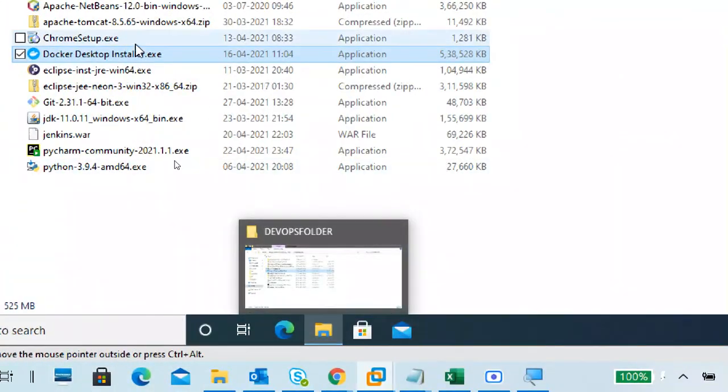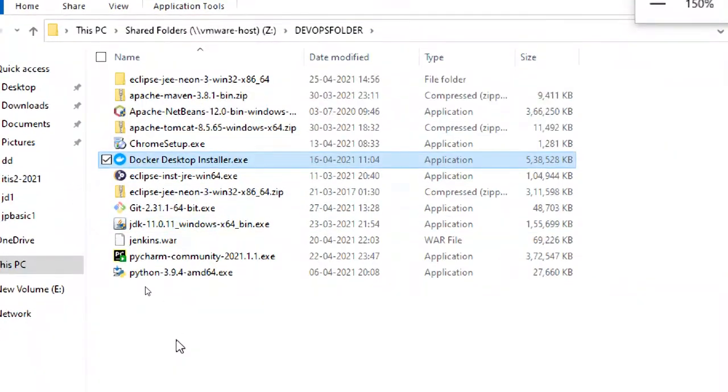So we'll go to the server. See, it is the machine. So the Docker Desktop installer. You can right click and install as administrator also. Since I already double clicked it, we should not do this, but I want to show that.